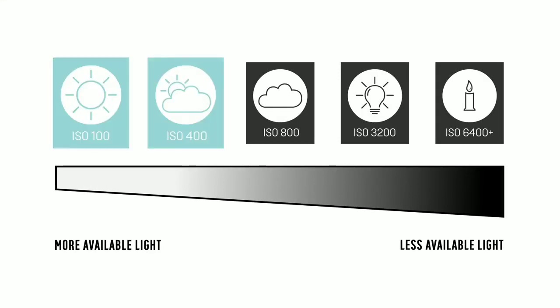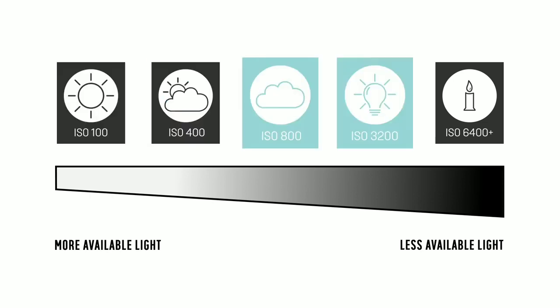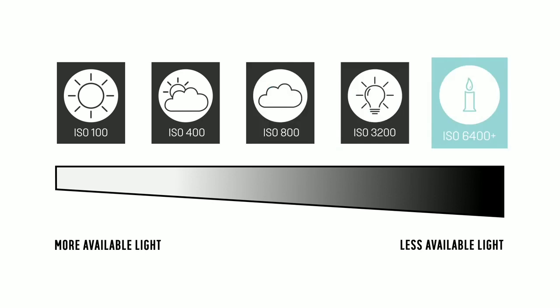A low ISO between 100 and 400 is best used when the surrounding light is bright. A mid ISO between 800 and 3200 comes into play for indoors or when the weather is overcast, for example, and the light is poor. A high ISO between 6400 and 51200 is what you'll need for low light photography. This is where the sensor is at its most sensitive and will amplify the light to compensate for the lack